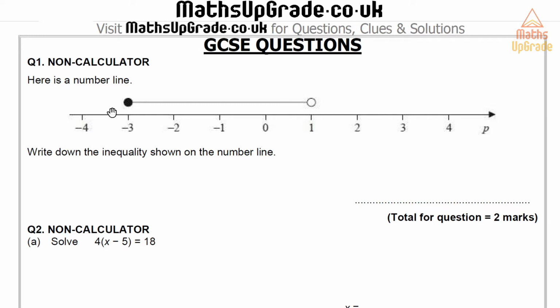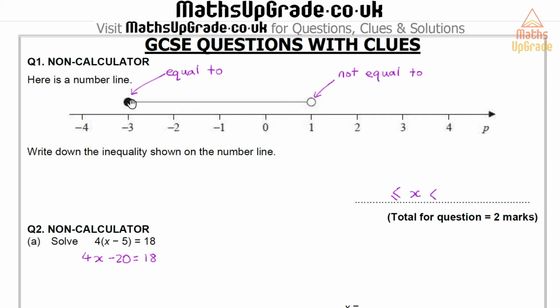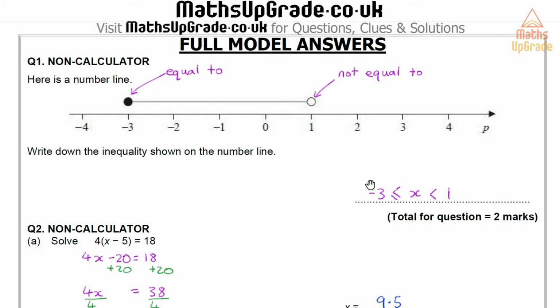So you can see, since there's a solid circle here, then the value of p can be equal to -3. There's a hollow circle here, so it cannot be equal to 1. So this represents equal to, this represents not equal to. So quite simply it would be -3 is less than or equal to p, which is less than 1, for